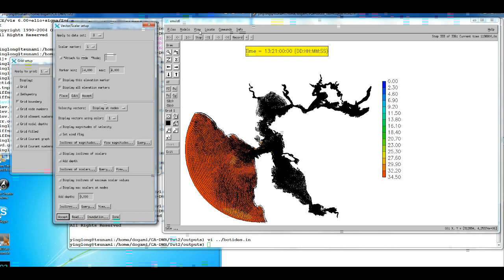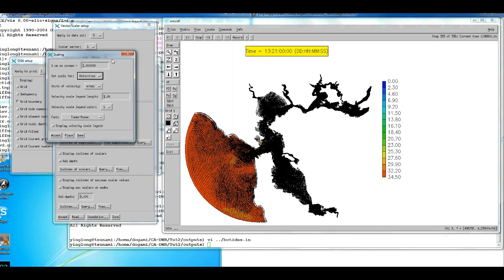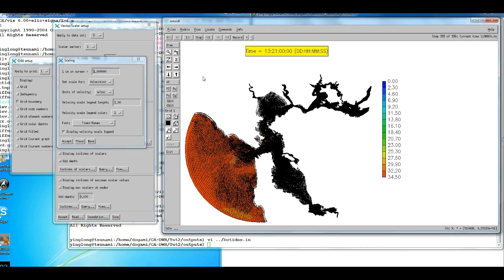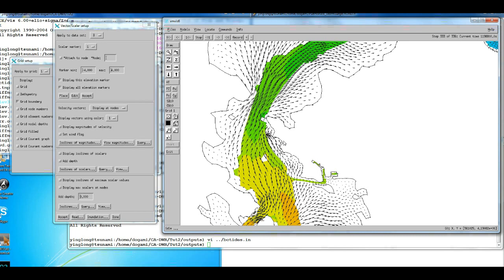So in order to see the vector scale, go to View, Velocity Scale, and you can change the numbers if you wish. Depress this, display, and pick a place to display the legend. Accept, done. Now you see the velocity scale. So what you see now is the surface velocity overlaid on the salinity at 5 meter depth. So you can animate it,